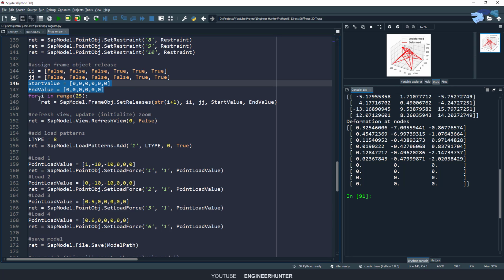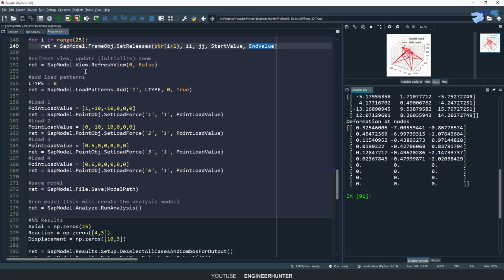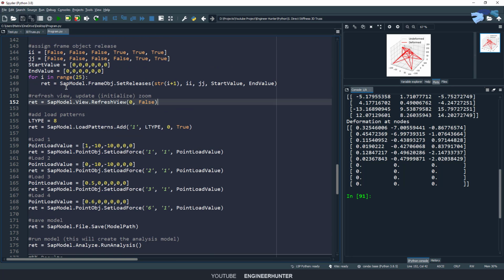And in order to release all the members, I use a for loop. It will run from 0 to 24, and the number of the bar here will start from 1, so I add 1 here, and this is II, JJ, and start value and end value. And next, this is to refresh the model view,